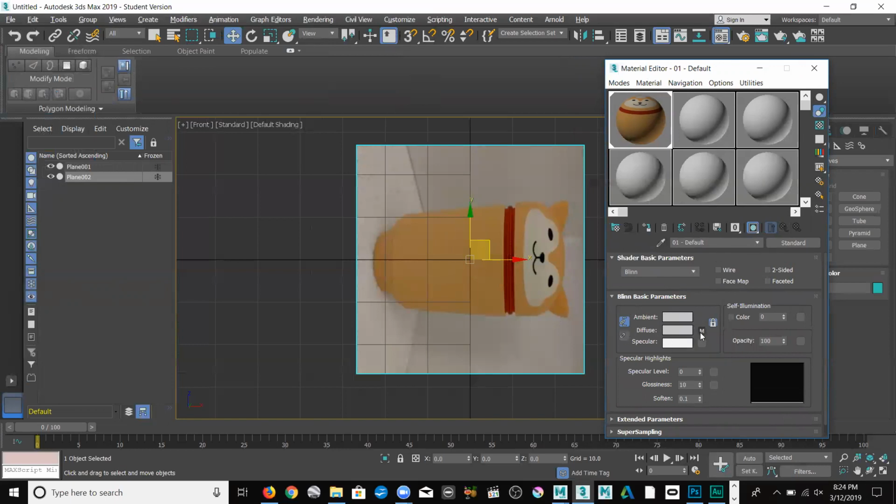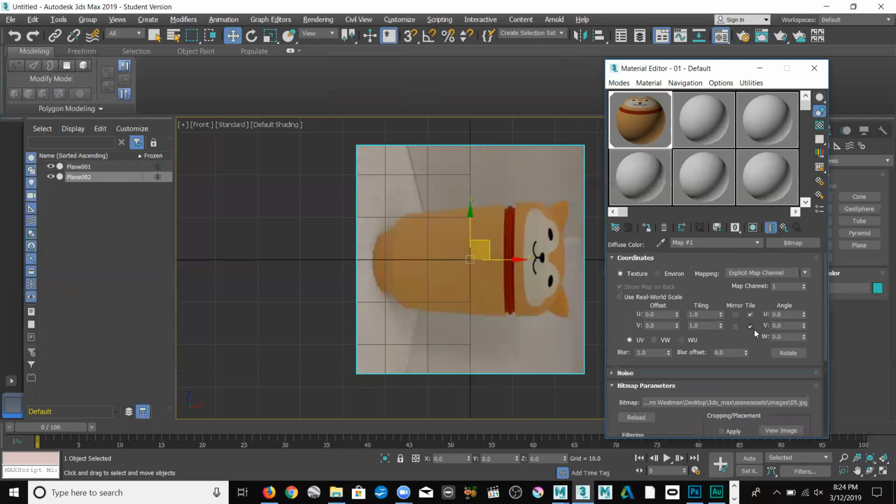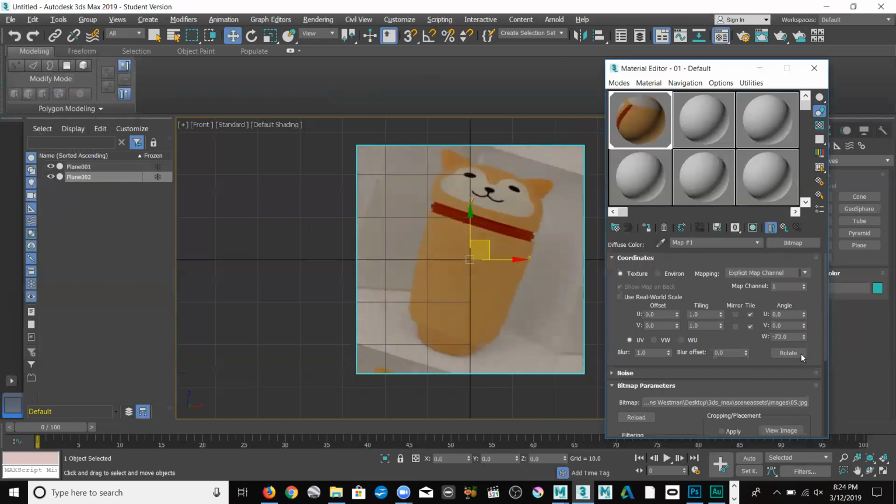here by going back into the diffuse channel right here. And you see where it says angle, U, V, and W. This will rotate this texture. And I'm going to do it in the negative, so I know which direction I'm going. So it will be minus 90, and I have this set up. You can also see that it's stretched, but I'm going to go ahead and